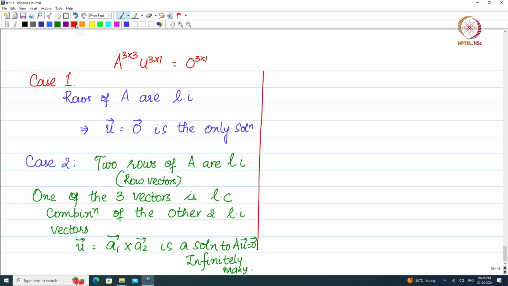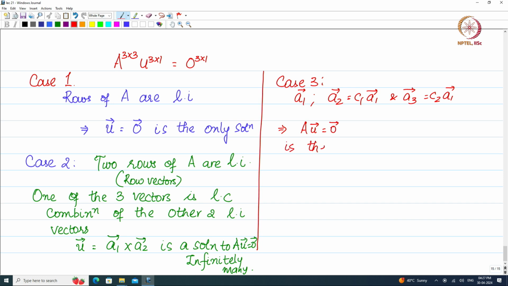We took case 3, where we had only one linearly independent row, and the other rows are multiples of that row. So, for example, here we took the A2 vector to be, let us say, C1 A1, and the A3 vector to be C2 A1, in which case we found that the solution to Ax equal to 0, the 0 vector, is